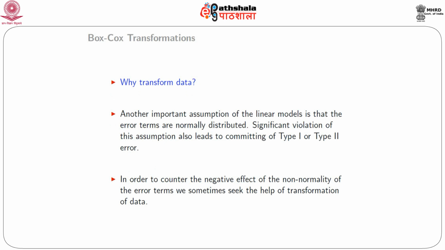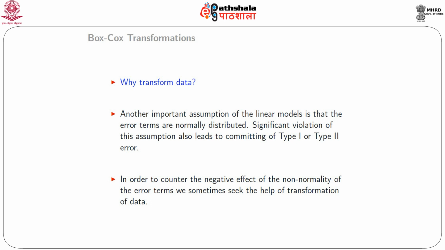One other very important assumption of the linear model is that the error terms are normally distributed, and the distribution is with mean 0 and variance sigma square times I_n, where I_n is an identity matrix of order n. We also know that the response variable y has an expected value of X times beta, where beta is the vector of parameters, and the variance of y is sigma square I_n, just like the variance of the error terms, because we assume that the x's and the error terms are